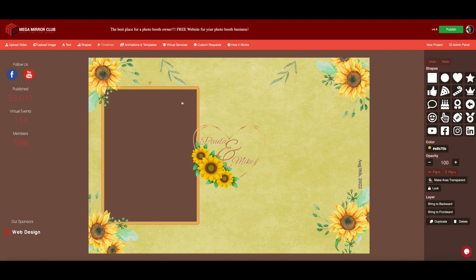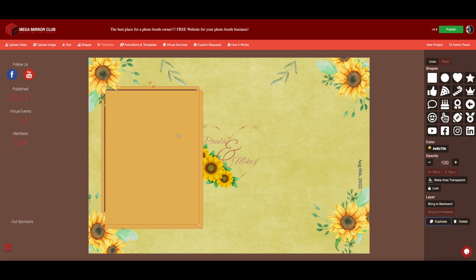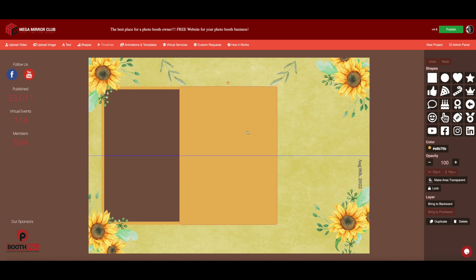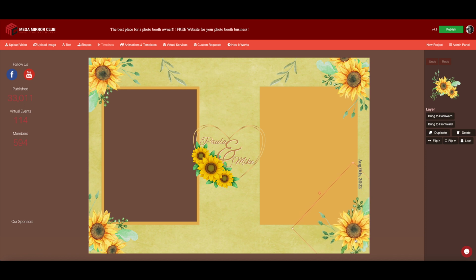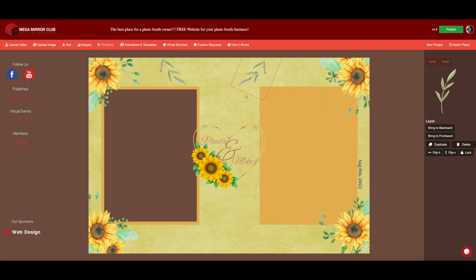So what I'm going to do is duplicate this, but since I'm duplicating it, it goes on top of my other layers, right? So I need to make it backward, not too far, just about on top of my background, right? So every other layer is on top of that. So I'm going to move this one a little bit here, so there's not too much of a destruction